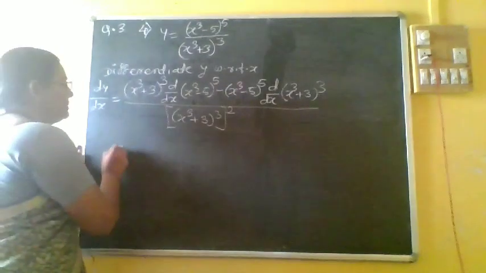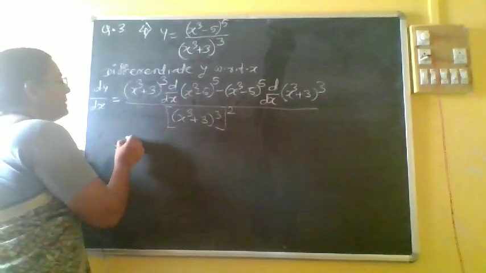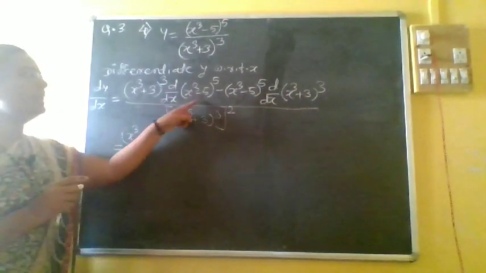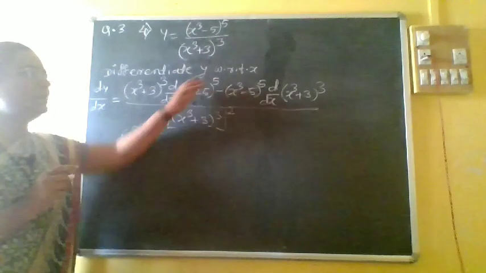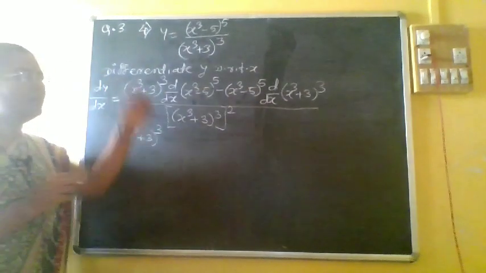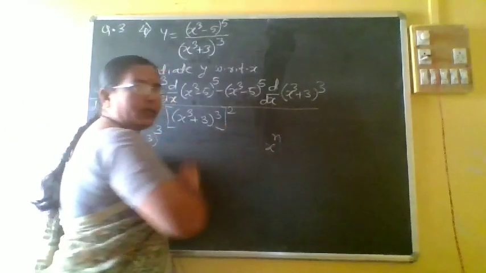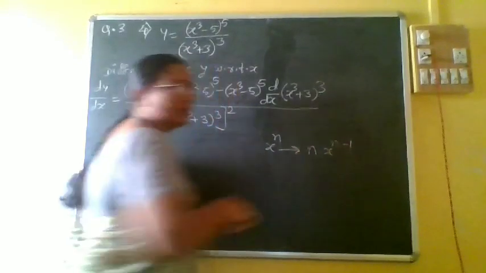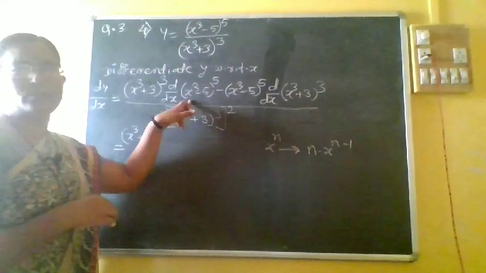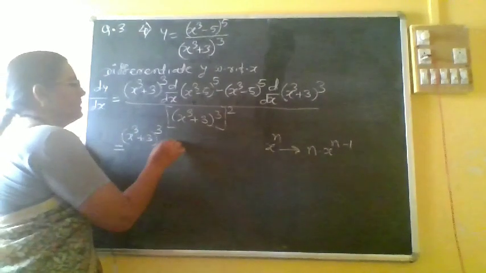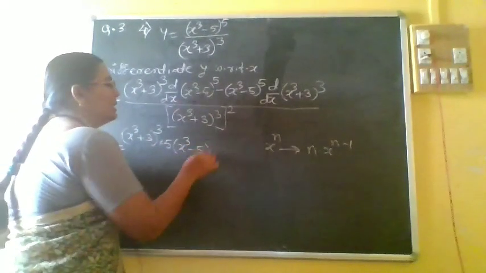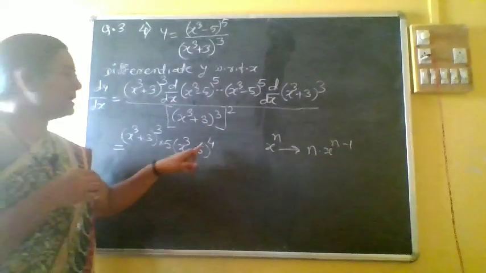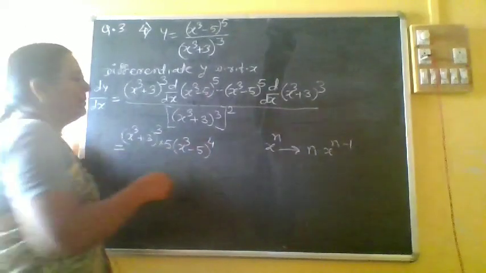This becomes (x cube plus 3) bracket cube as it is. Take the derivative of this function. This is of the type x raised to n, and the formula for x raised to n, the power function, is n into x raised to n minus 1. Using this formula, this is 5 into (x cube minus 5) bracket raised to 5 minus 1, that is 4,